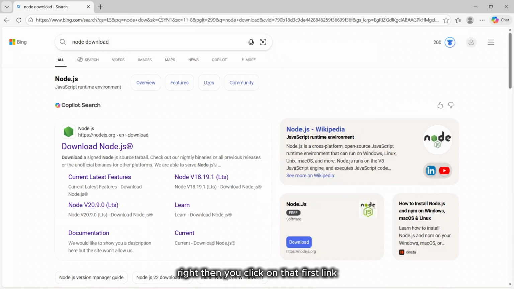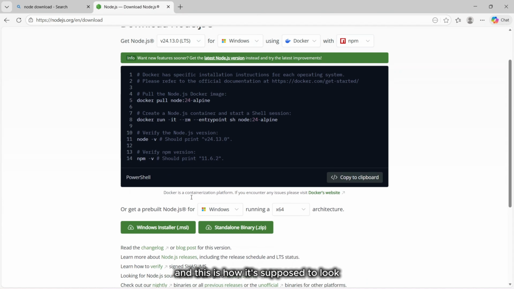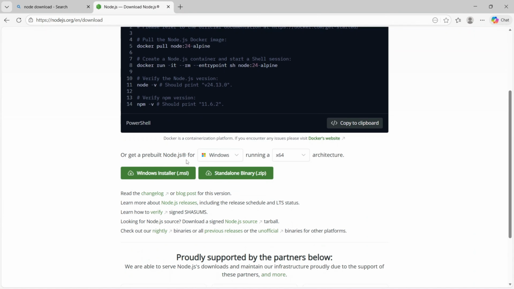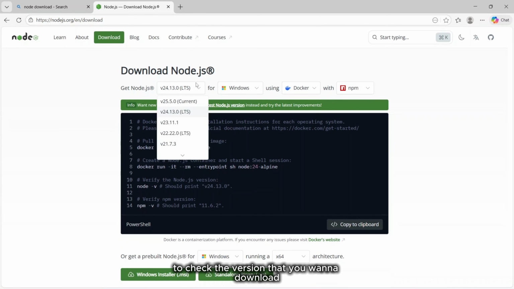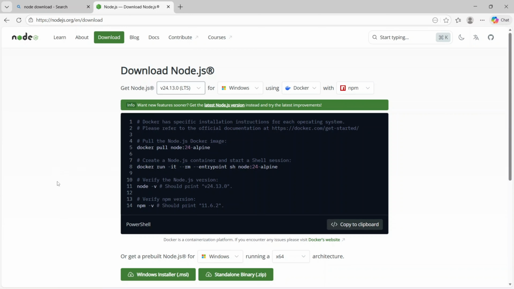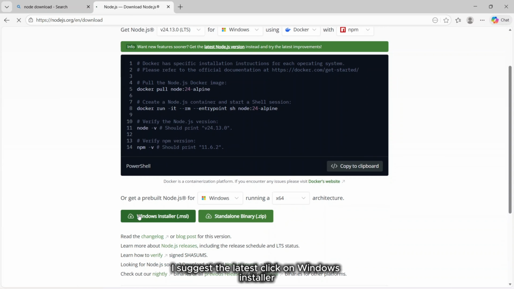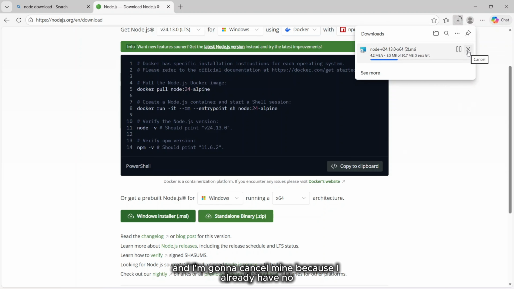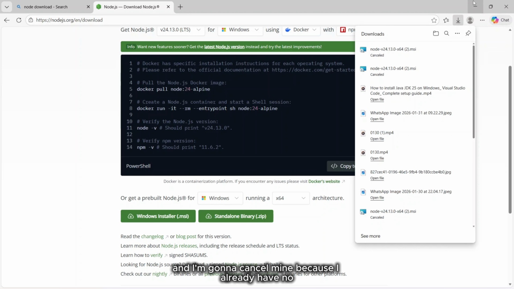Right, then you click on that first link. This is the website, and this is how it's supposed to look. To check the version that you want to download, there are multiple versions that you can get. I suggest the latest. Click on Windows Installer, and I'm going to cancel mine because I already have Node.js set